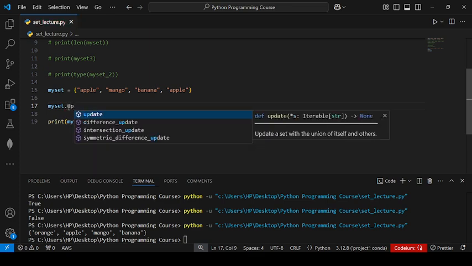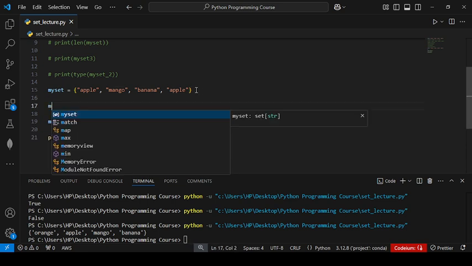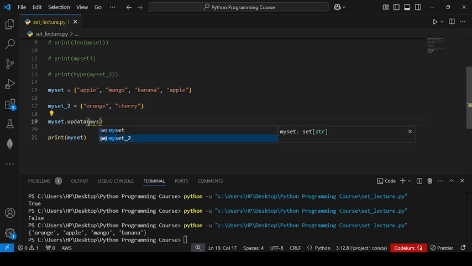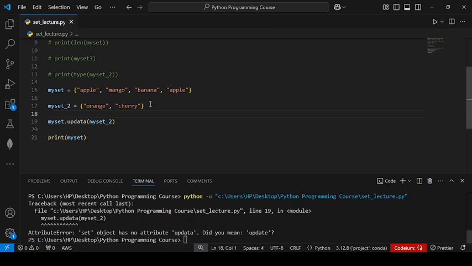So I write here my set 2, and here I will add orange and cherry. So I write my set 2. You will see these two items are added in my set.